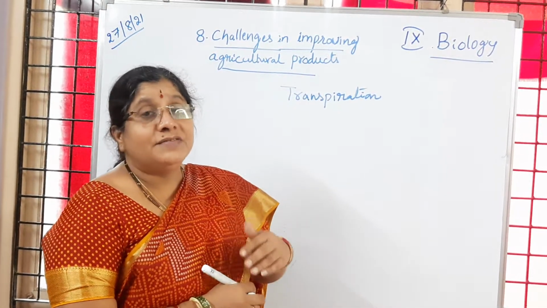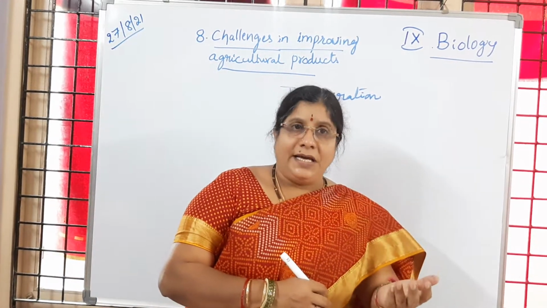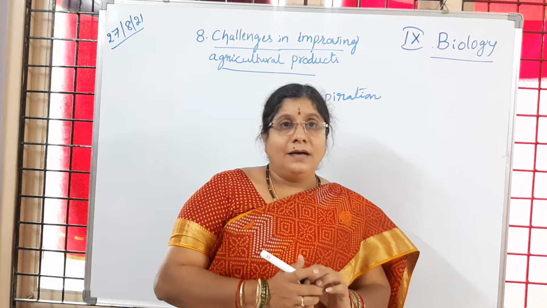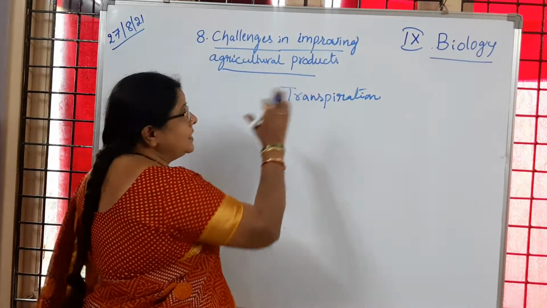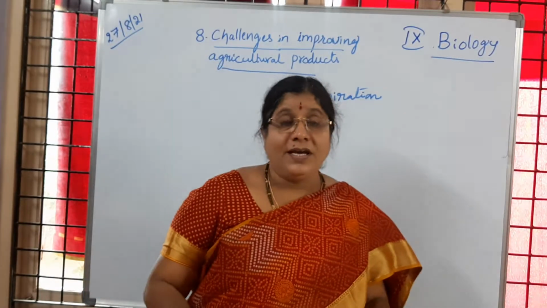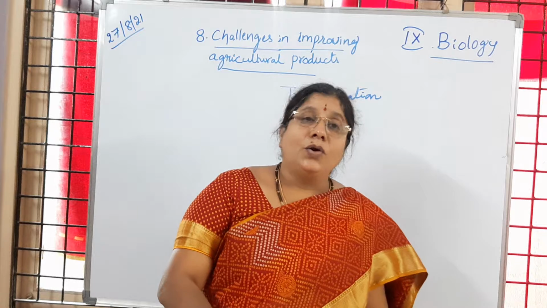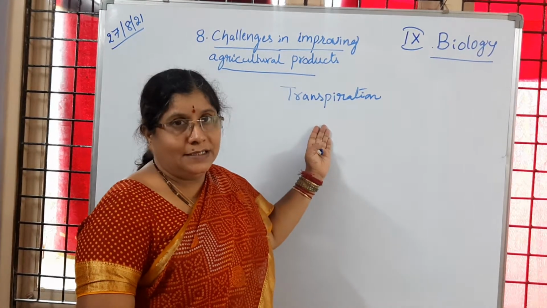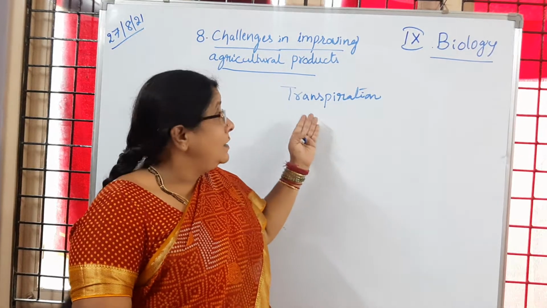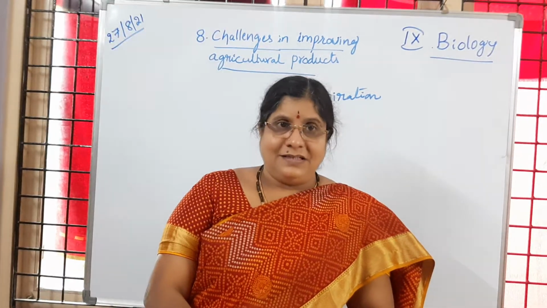So the water which is in excess is sent out of the leaves through stomata in the form of droplets. That process we call transpiration. Okay. So you may get a doubt, what is this, teacher? Water is needed for growing crops, you said, and you are talking about this transpiration. Is it not? But transpiration is very important for the plants. Is it clear to you?